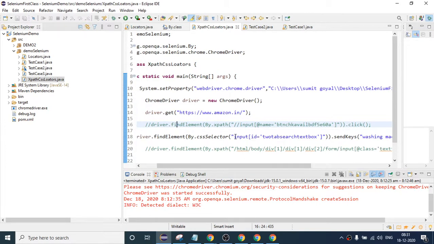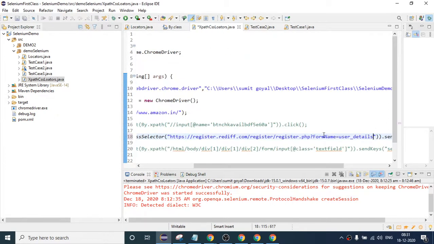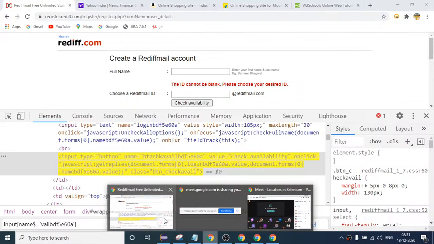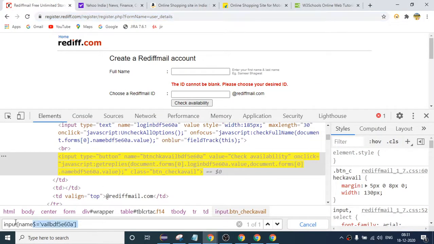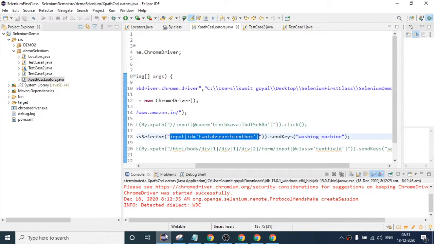This is again the same, we just have to change this value, it should work, right? You can copy this and place it here, right? So you can do this activity: form the CSS and try to click on this button.